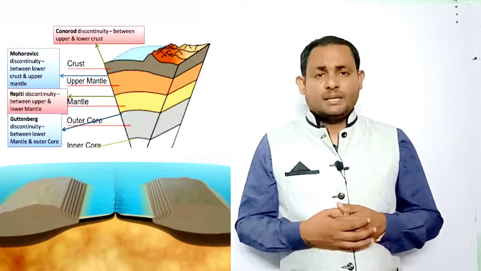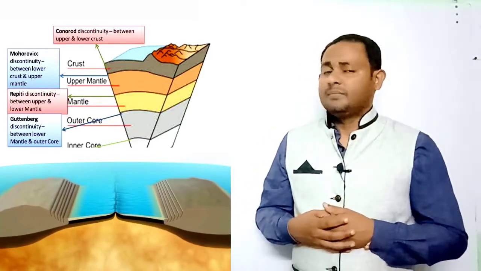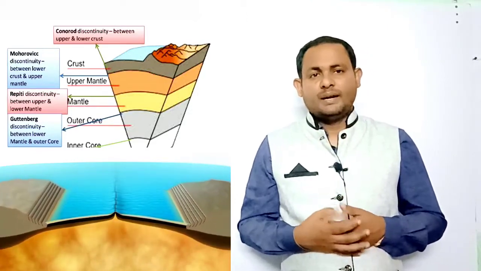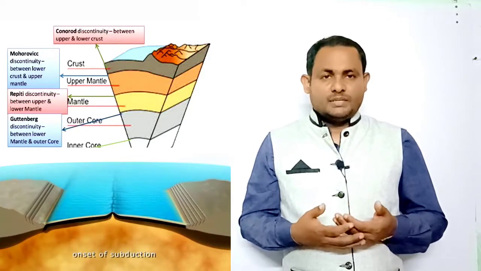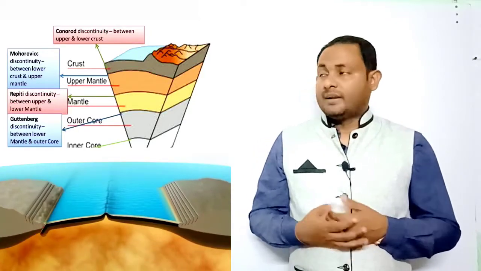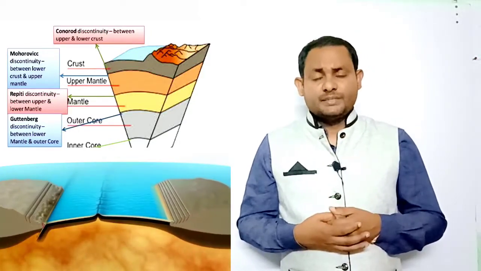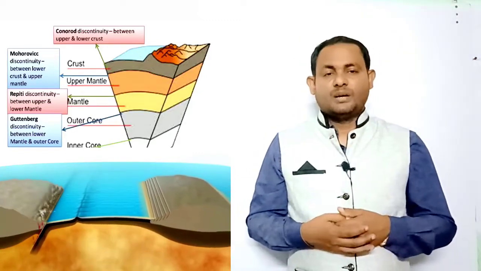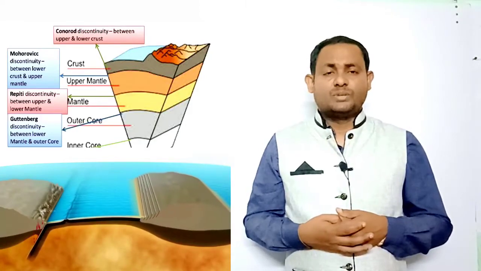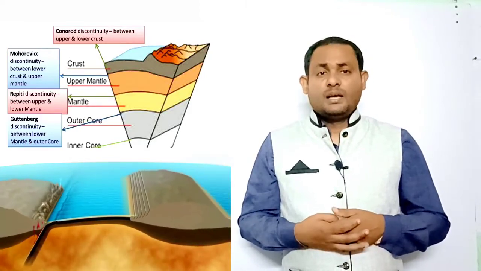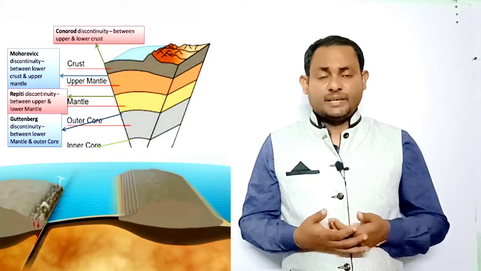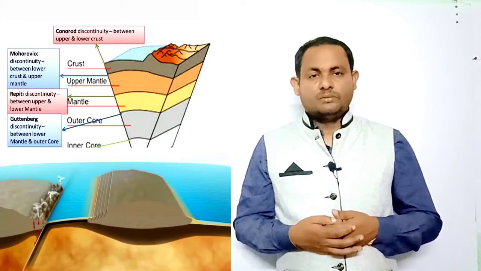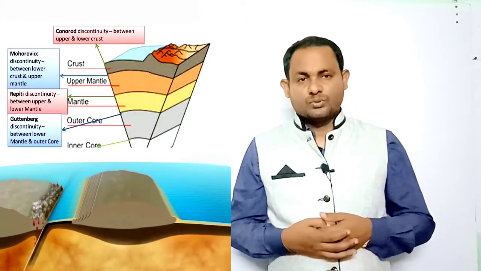and such a high temperature inside the earth may be due to chemical reactions under high pressure conditions and the disintegration of radioactive elements. The pressure also increases from the surface toward the center of the earth due to the huge weight of the overlying rocks. Due to the increase in pressure and the presence of heavier material toward the earth's center, the density of the earth's layers also goes on increasing.